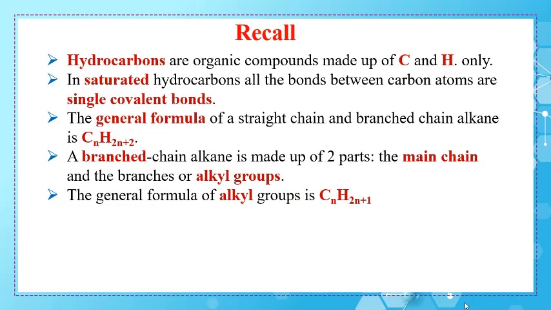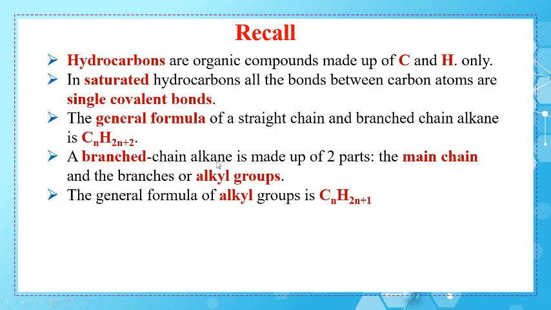Before starting, we have to recall some information from the previous lesson. In the previous lesson, we studied that hydrocarbons are organic compounds made up of carbon and hydrogen only. And saturated hydrocarbons are classified as saturated because all the bonds between carbon atoms are single covalent bonds. The general formula of straight chain and branched chain alkanes, which are saturated hydrocarbons, is CnH2n+2, and